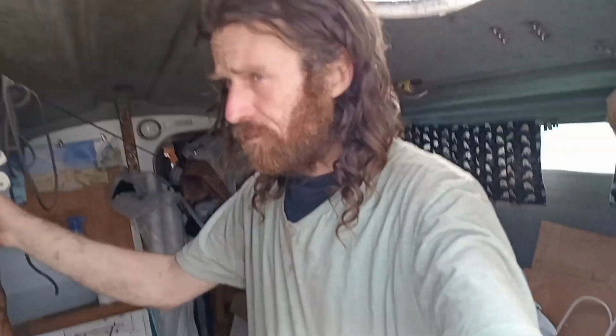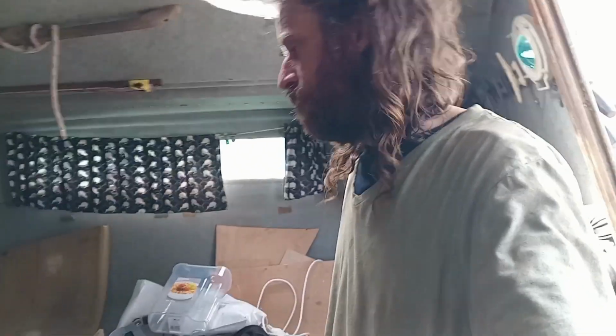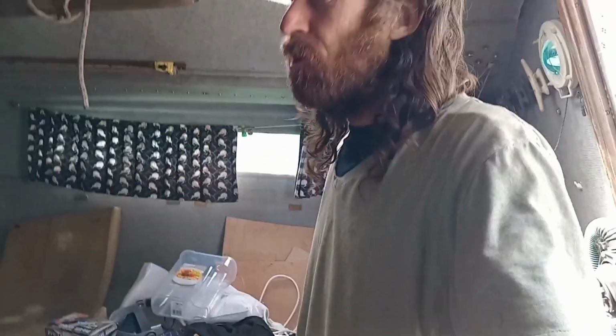I'm actually just going to leave it like this for a couple of weeks because I'm just about to go on another adventure, and I don't need this stuff for it, so it'll be safe here. Now, you may be wondering, what adventure could I possibly be going on that doesn't require all my boat building tools? Well, you will see